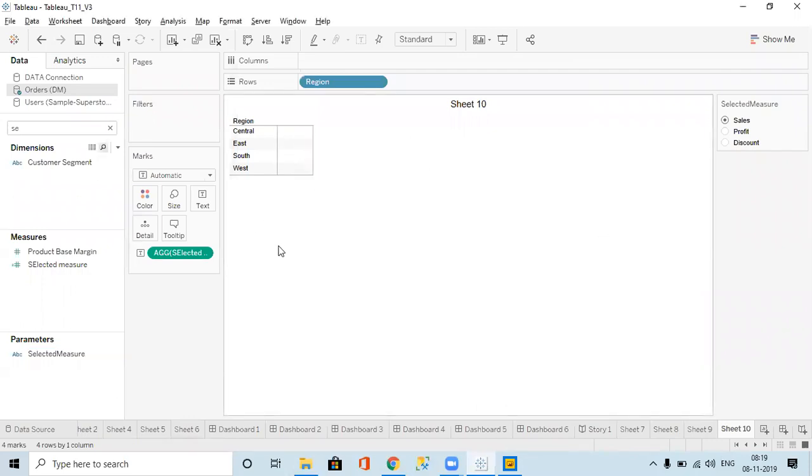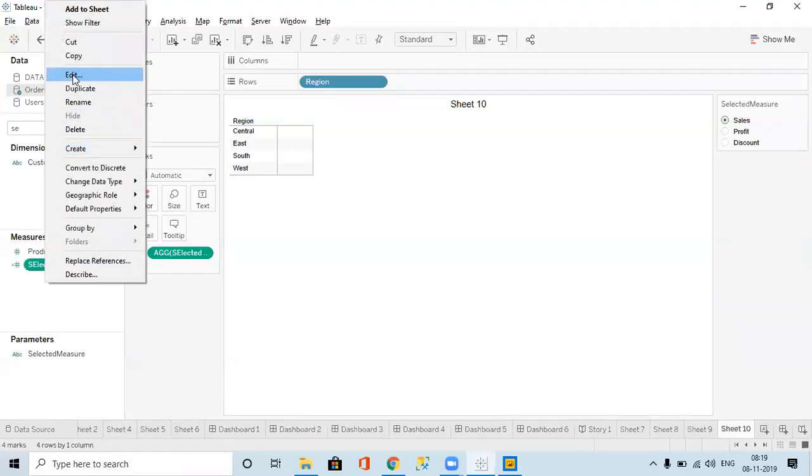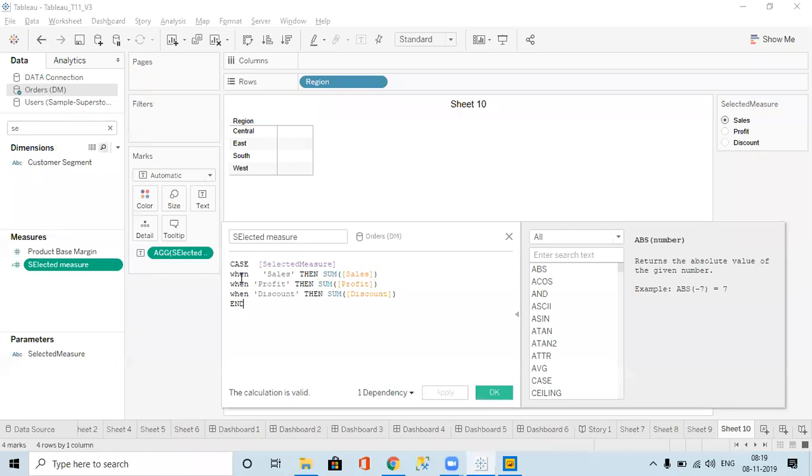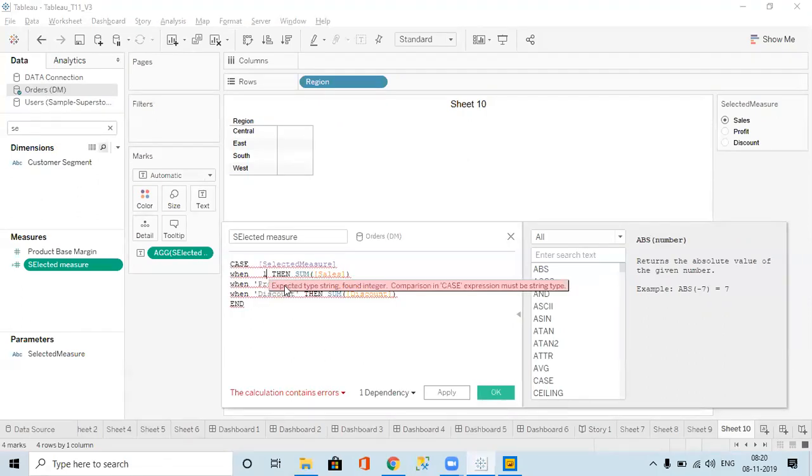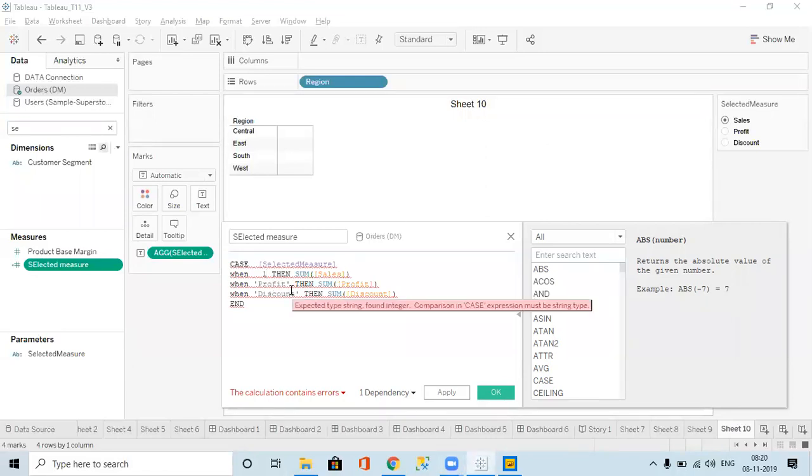Similarly, now it will not work because in the calculated field what we have written is, when the value is sales, then show me sales, but there is no value like sales, so we have to give 1 now. So when 1 is selected, it will give the sales.